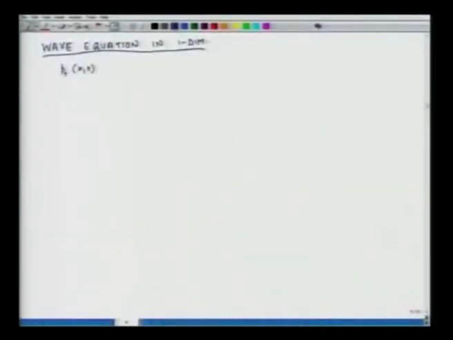Again it is not x, y and z, but just x because it is only in one dimension. So, my final pressure P t is dependent on x and also on time. That is equal to P 0, which is my initial pressure,